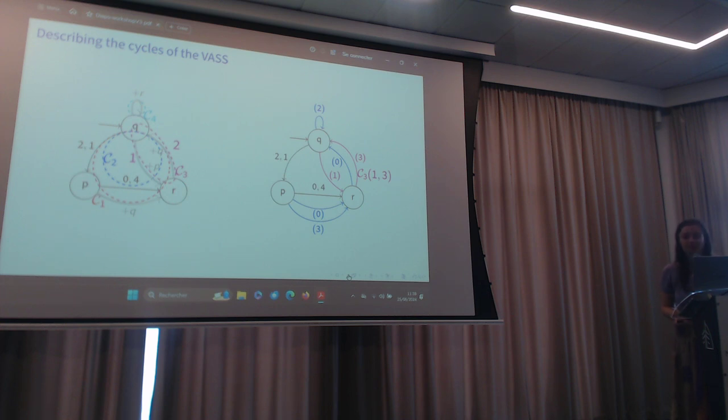In fact, C3 is somehow like a cycle in a vector addition system, but you have variables. C3 is moving from R to Q, adding P, and then moving Q to R, adding Q. So you have two variables, P and Q, and you need to assign those variables with some values. And in order to remember which value we consider, we put the numbers 1 and 3. So the variables can take